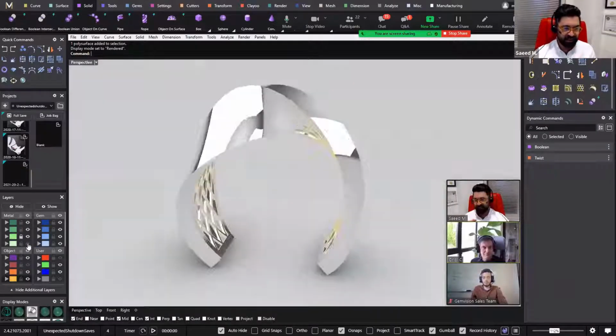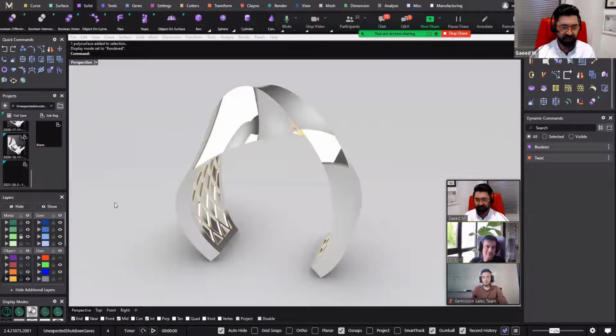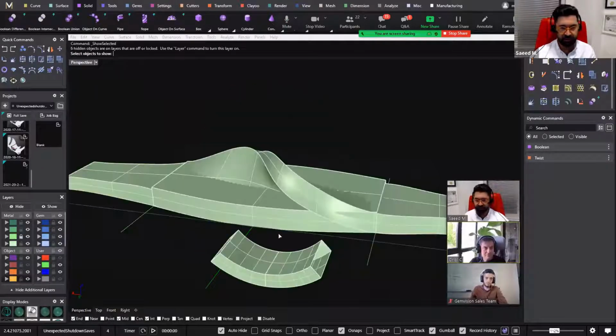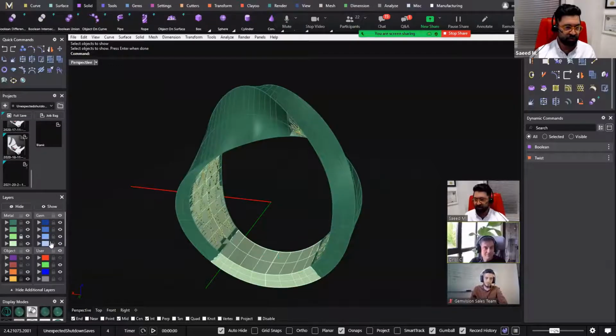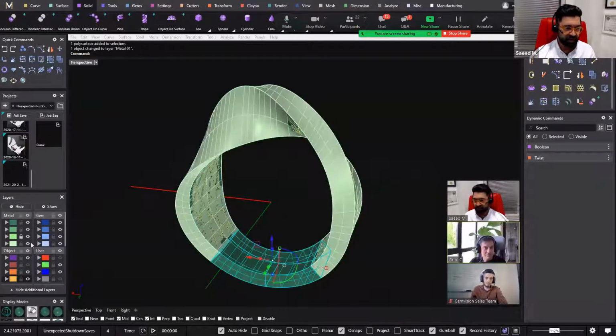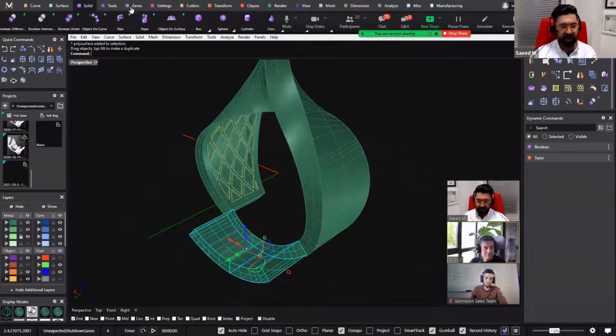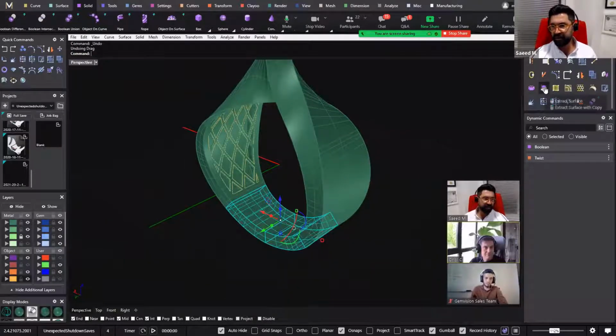And I will turn on the rest of the ring. Where was it? Which color did I put it? Here? No, it's here. In here. And also, I changed the layer from here. This is an open poly surface. So simply I click on the cap planar to make it